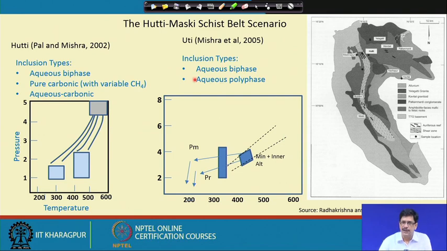It was only the aqueous biphase and the aqueous polyphase inclusions, and there the temperature-salinity plot also gives some idea about the changing nature of the pressure-temperature conditions during mineralization. These are the isochores of the extreme density aqueous inclusions which are observed, and this kind of box is coming from the alteration conditions in two different stages. These are the much later situations, the low pressure-temperature alteration situations, which combined with all three give a picture of the evolution of the ore fluid.